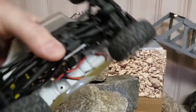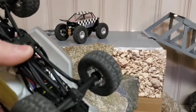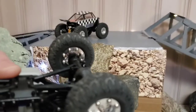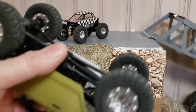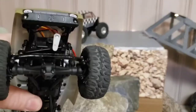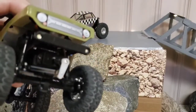As far as the suspension goes, you can see it's all plastic parts. I have high clearance only the backs. The fronts are still straight, and I don't really think that with the deadbolt front suspension I'm going to gain that much by high clearancing them. I'll probably do it at a later date, but you can see that I've added no brass at all to the suspension. I have added an Emax servo, and